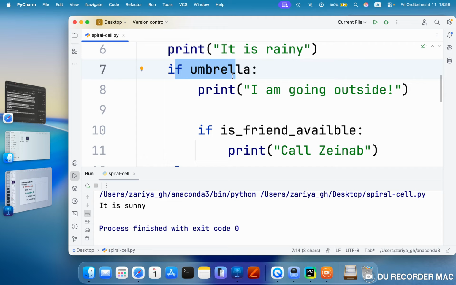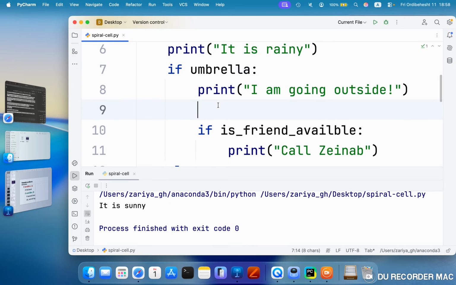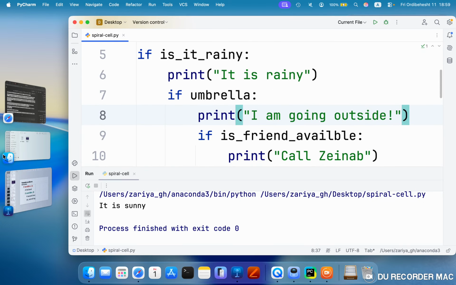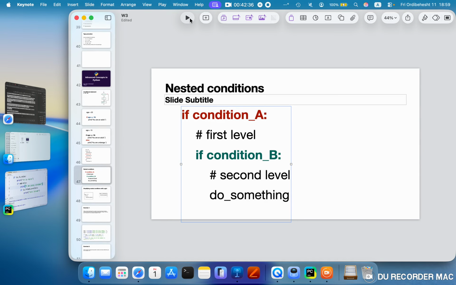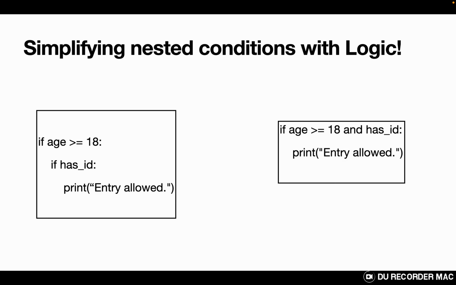So nesting conditions lets us test a new decision only after a previous condition passes. Each inner block gets one more level of indentation, and all lines inside the same block must line up perfectly. It's important. Well, it was nested conditions, and